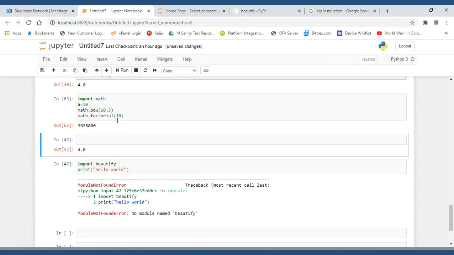Now let's see the raw input function and what it is. Till now you have completed all the basic things that are required. Now next we'll be going for input functions and command line arguments, like how you can give inputs from the keyboard.